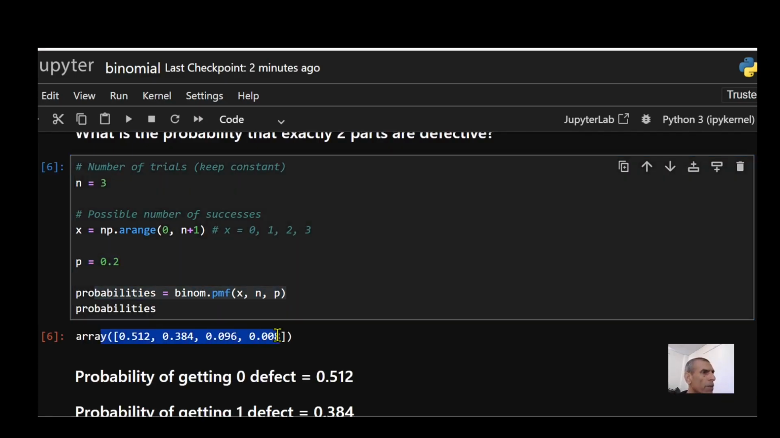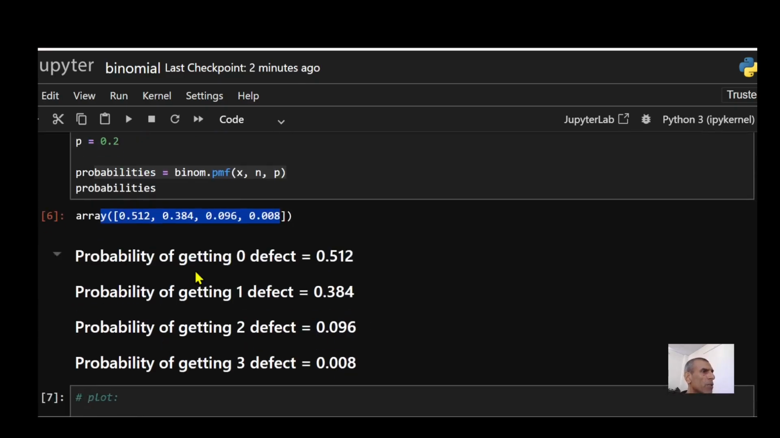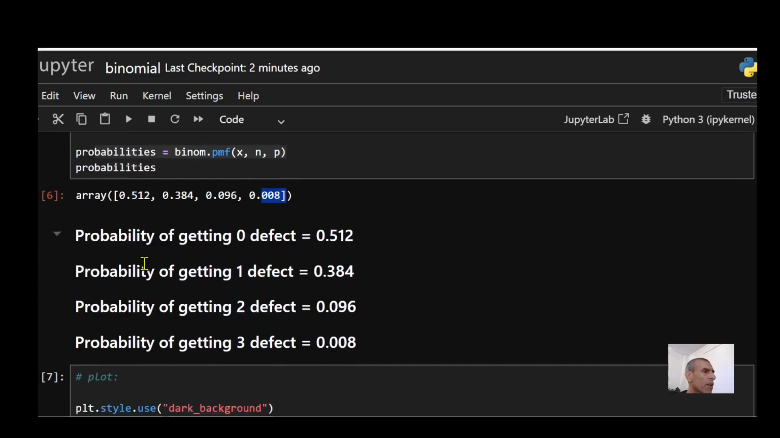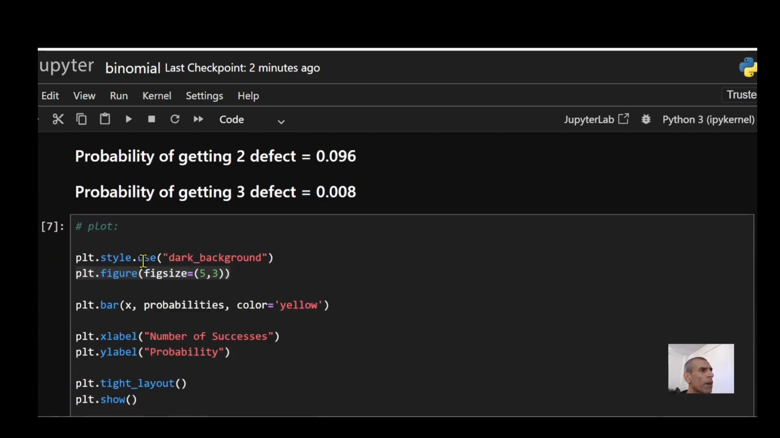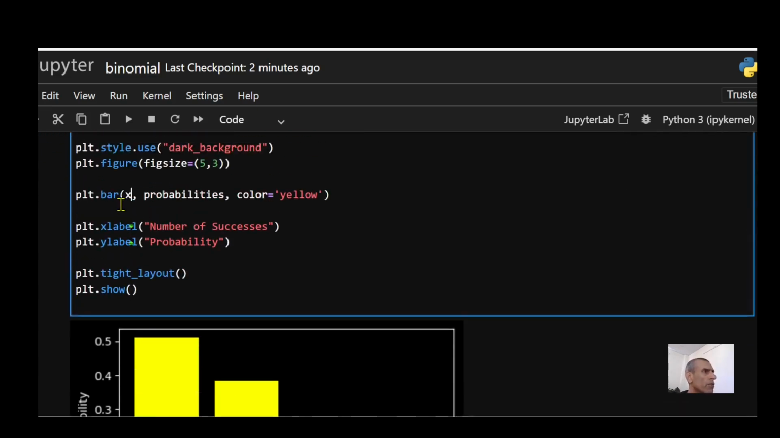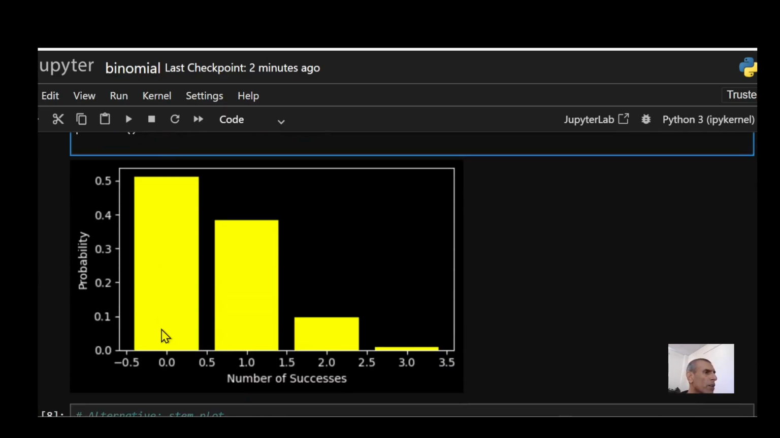I print out the probabilities. So these are my probabilities. In this case, the probability of getting 0 defects is 0.512. The probability of getting 1 defect is this, and the probability of getting 2 and 3 defects would be this number right here. So in this case, I do the plot again, and basically it's the same code. If you look over here, my x and probabilities have changed. That's all. When you plot it, you can see that your numbers are going down